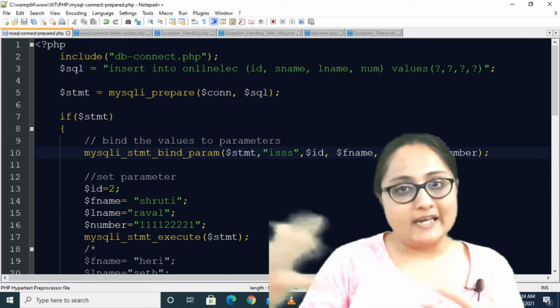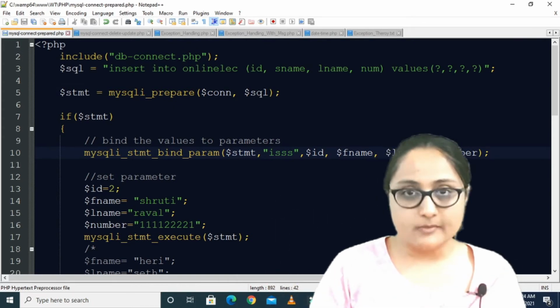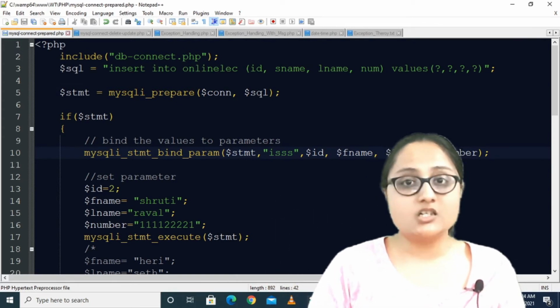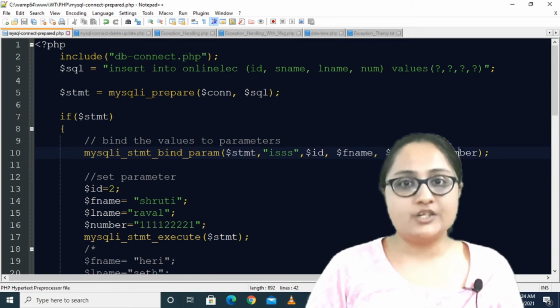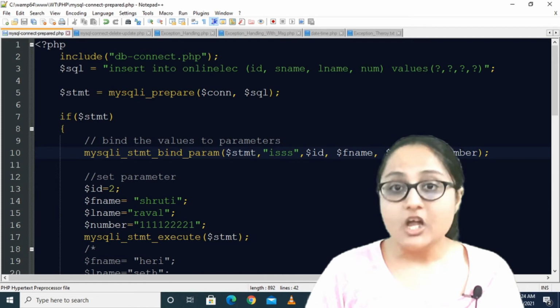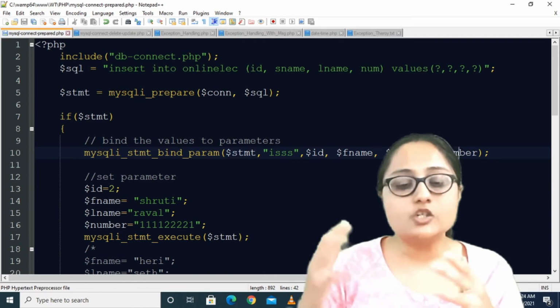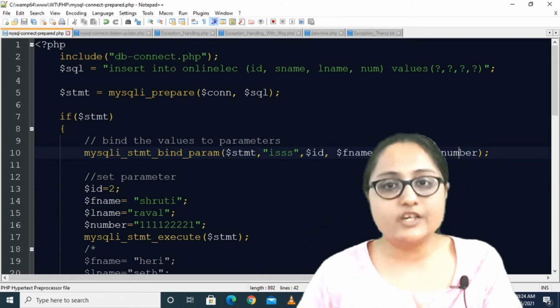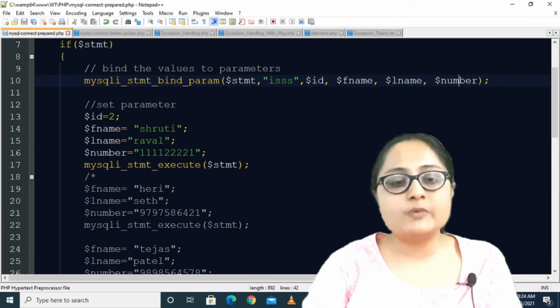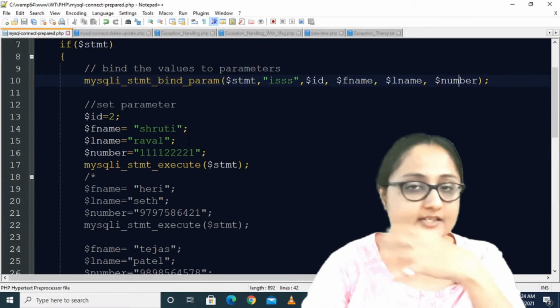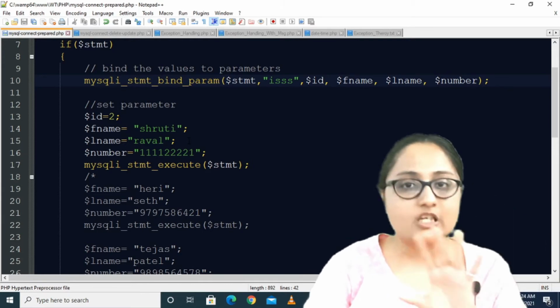Now after binding them with variables using the mysqli_stmt_bind_param function, we have to set the parameter values and execute the query. How do we set the parameter values? We have already specified the variables corresponding to each question mark, so you just assign the values using equal to.